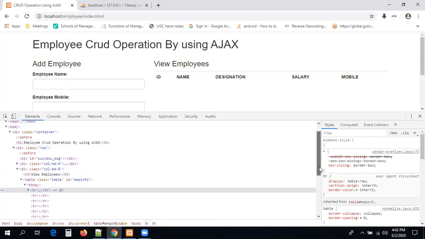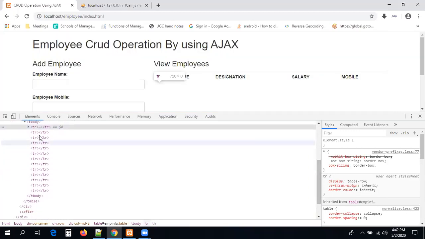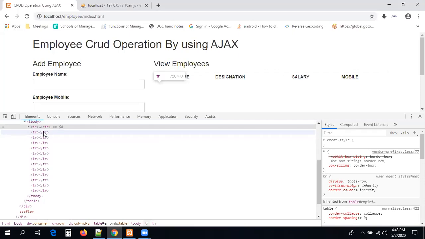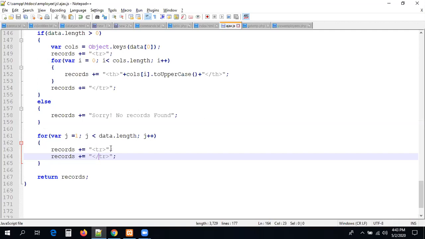After that, 13 trs are there, but all trs are empty, but those trs should contain 5 tds, right? How do I know 5 tds? Because we have 5 columns, definitely 5 tds should be iterated, and moreover those 5 tds also should come dynamically. We cannot give those statically, right? Now we have to get 13 trs. Yes, we got the 13 trs, but in the trs we have to get the tds also dynamically.